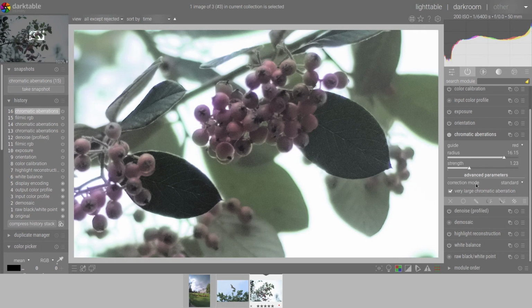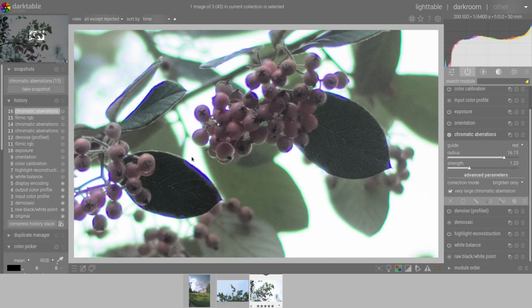First thing which can be interesting on changing images, especially if you want to use multiple instances, is to use correction mode. We can either only darken the image, or only brighten it. If we darken only, typically it works really well on blue fringes.